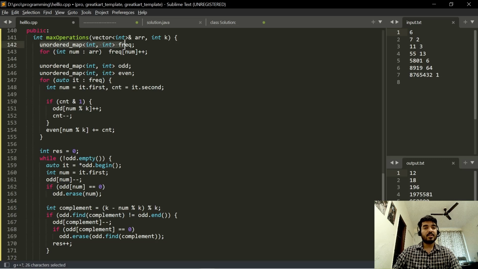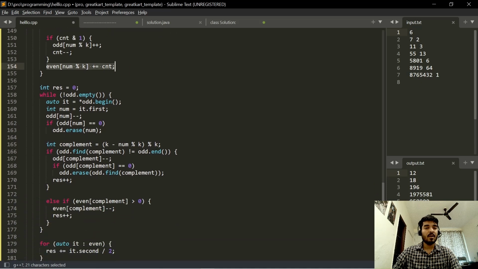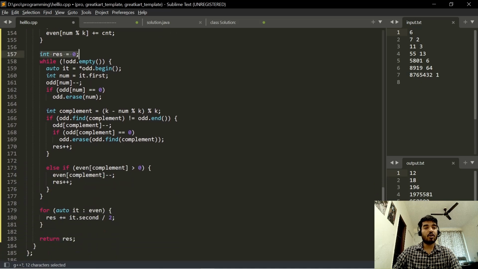So here I have used unordered map, but it is not a good idea to use unordered map during the contest. First I have stored the frequency of all the elements. This is kind of a dummy unordered map. And then these are my odd and even maps. Then I iterate over all the elements of this frequency map, and for every element, I know the frequency. So this is the element value, and this is the frequency. If this frequency is odd, then I will store one occurrence in the odd map and the remaining occurrences in the even map. Then I initialize my answer with 0, and while the odd map is not empty,